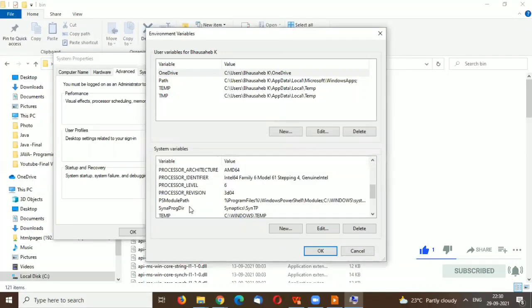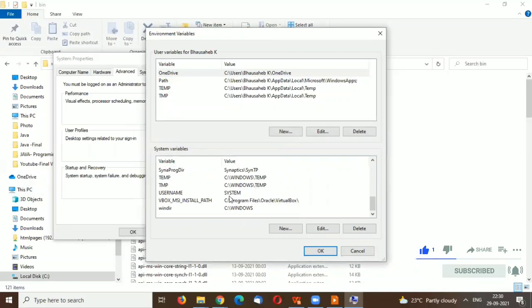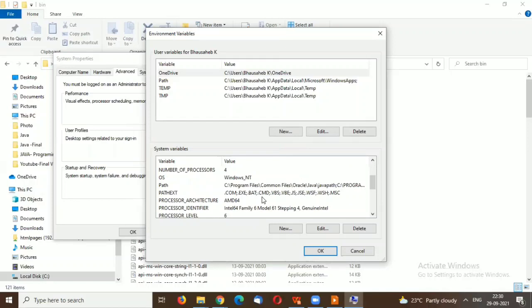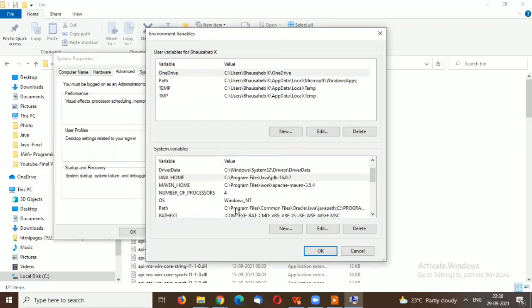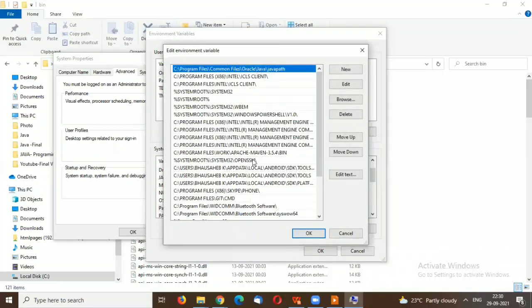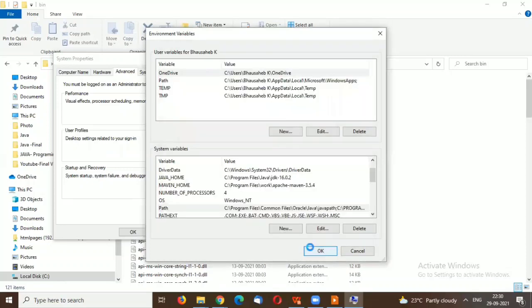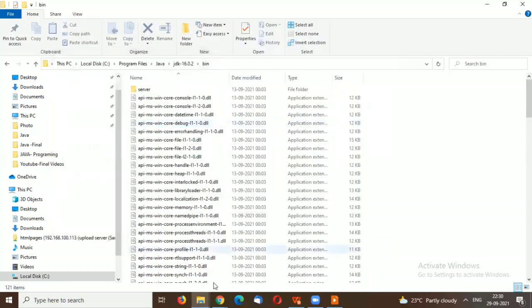Also, we need to set a path variable with the bin path to run or configure your JDK in your system. Like in the path variable, if I edit this, you can see the JDK 16 bin path I have set up in the environmental variable also. Okay, so this is the prerequisite to launch your Eclipse.